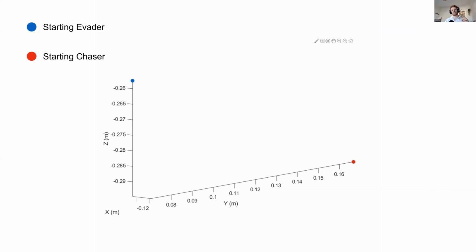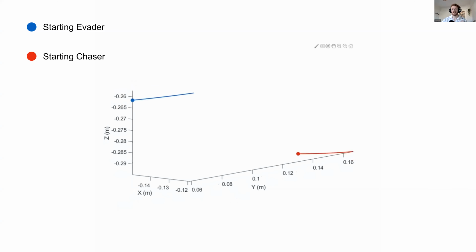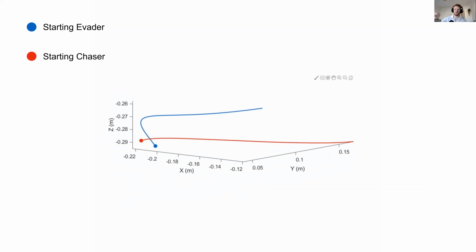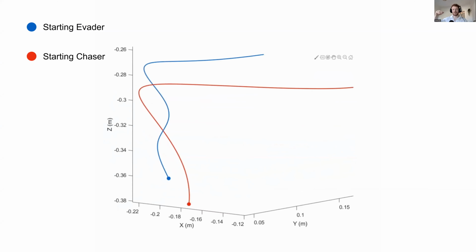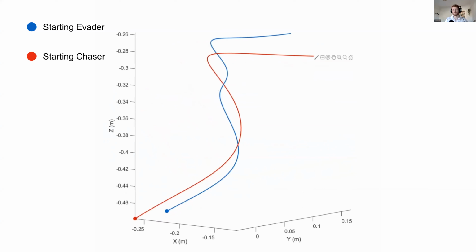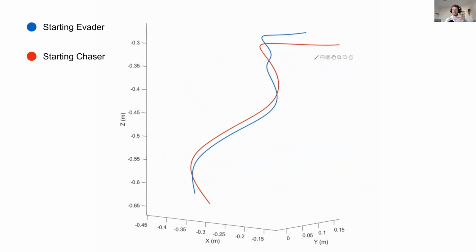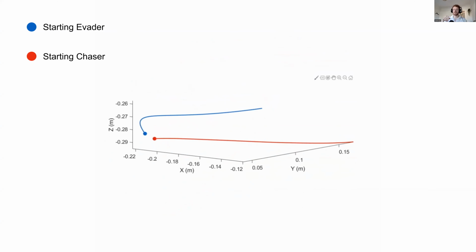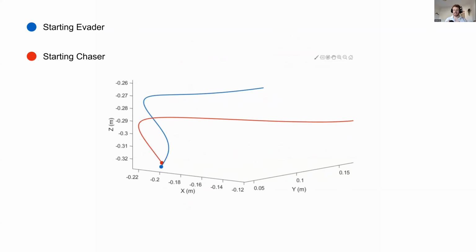Well, here you're going to see a starting chaser, which is in red, coming up behind a starting evader that's in blue. So they start in these two roles. You could think of red being the predator and blue being the prey. But your prey doesn't often do this, which is do a downward turn, slow down, and end up behind the one that was initially the predator. So we're seeing here a change in roles,